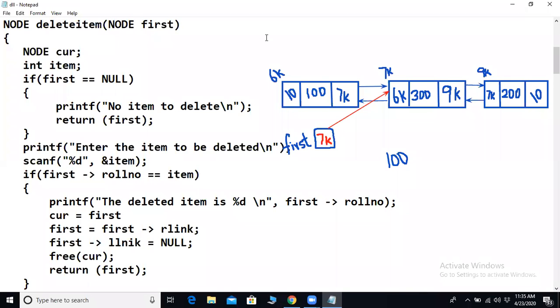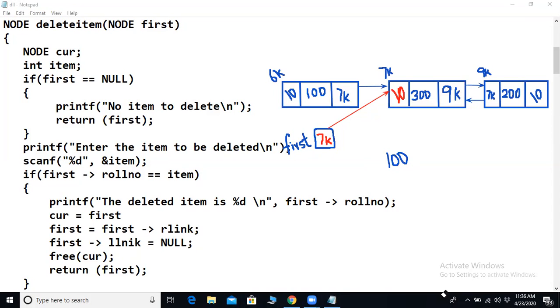Let me make those changes once again. What happens to this value here? It will become null. Since this becomes null, this link is gone.